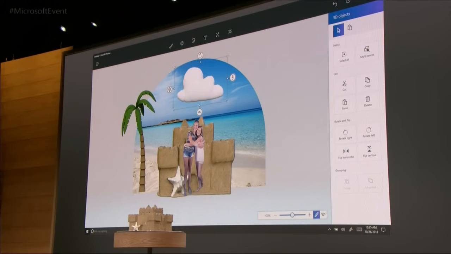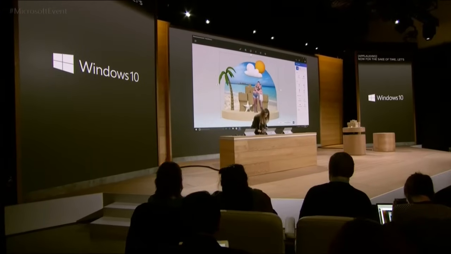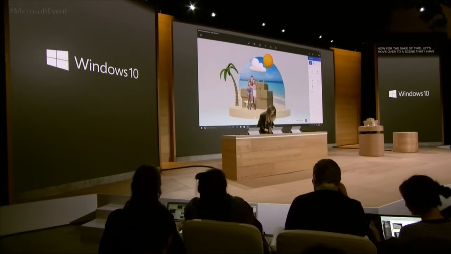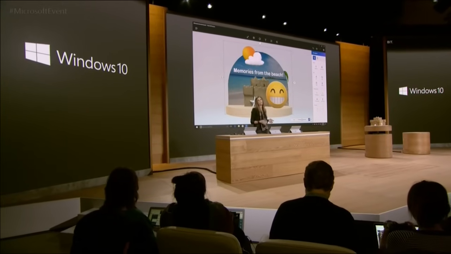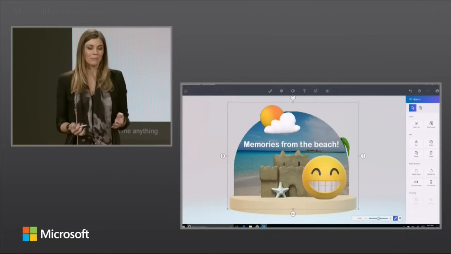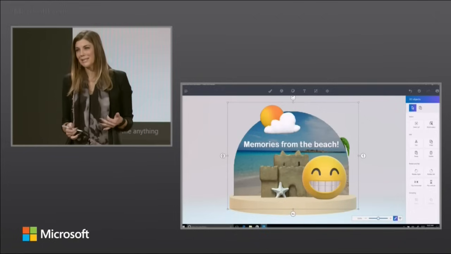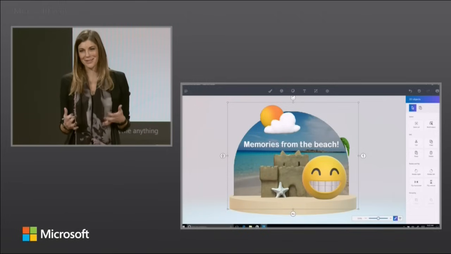There we go. Now, for the sake of time, let's move over to a scene that I've advanced a little bit. And in this case, here is a scene that my daughters have been working on from their own memories of that day at the beach. Now, my girls have been early testers with Paint all along the way, and one of their favorite things to do is to create their